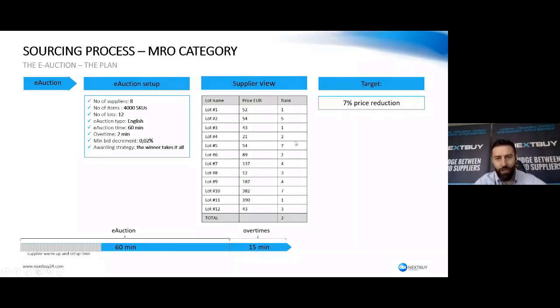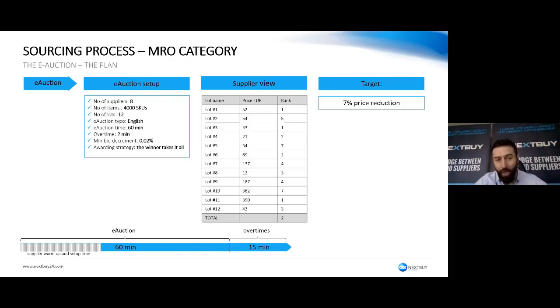First, this is the setup that was our idea. When you plan an e-auction, you have like 60 minutes for the e-auction. Then we anticipated somewhere around 15 minutes of overtimes, because it usually happens. When you set up an e-auction, also for the first 25 minutes or so, half an hour, nothing really happens. That's the time just to warm up, for suppliers to make sure that they log in, they are in the system, they know how to click. Usually they also should have a test e-auction beforehand, but that's the time just to make sure that everything is working well.